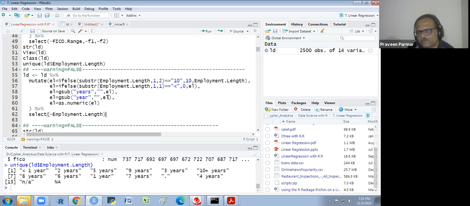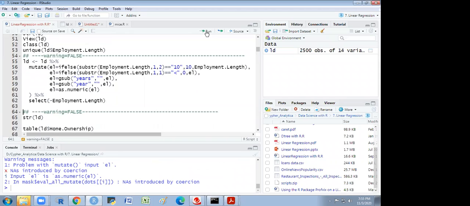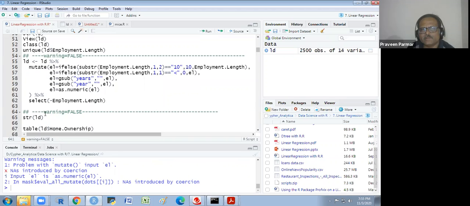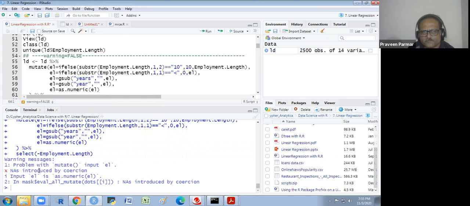So this process we have done. Now I run this. And I have written warning false everywhere. Wherever you get the warning, don't worry about it. It is false, because the NAs are introduced there. Na? We have not given any treatment to NAs. Okay. So NAs are there. It is just telling us there are NAs.